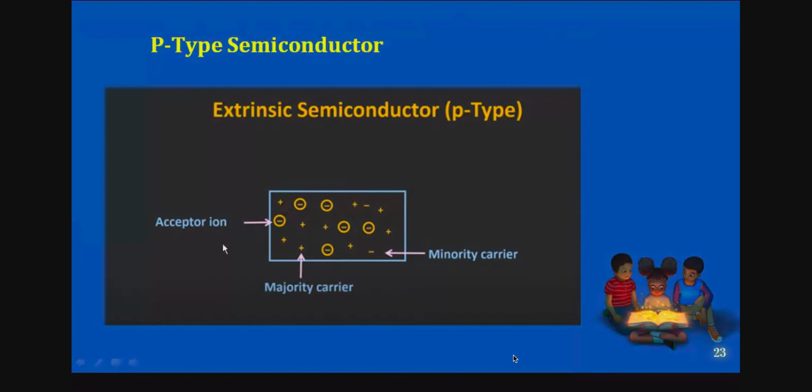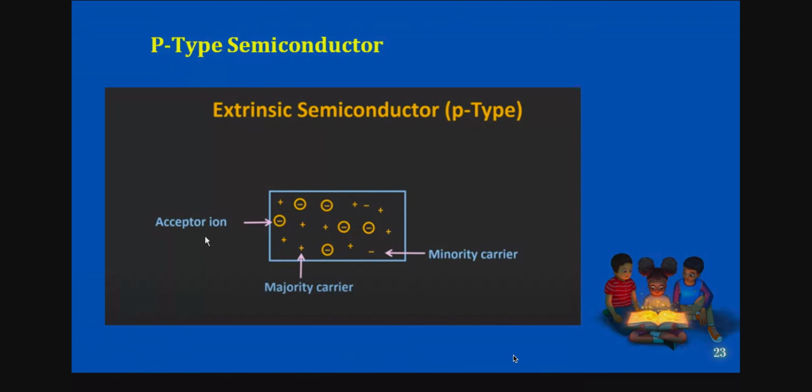These acceptor ions are created by the doping impurity atoms. Just now we took aluminum. Aluminum is an acceptor atom, isn't it? In an acceptor atom, when the positive charge goes, the remainder is the ion. That is called a negative immobile ion. There is no use of it; they are just immobile, that's why I'm saying negative immobile ions. So this is about the p-type semiconductor.